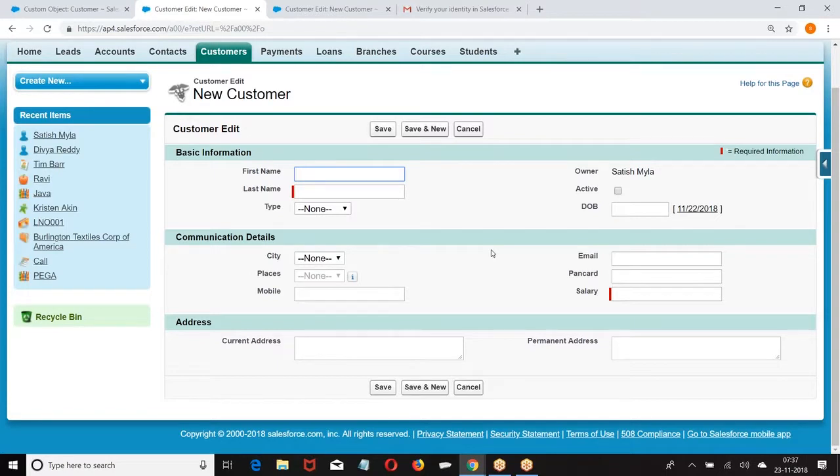I can say which field should be visible, in which order they should be visible, and how they should be visible. Now for rest of the people, rest of the page layout, it is not required. But for the person page layout, last name is required. So what is that? Which field should be visible, in which order they should be visible, and how they should be visible. This is controlled by page layout. At the end of the game, when I'm saving the record,